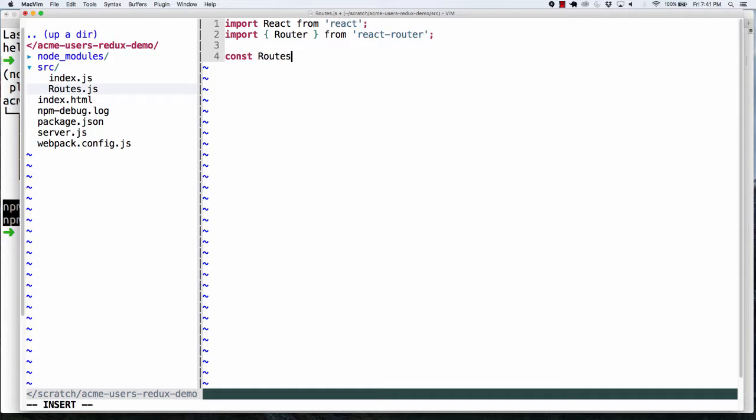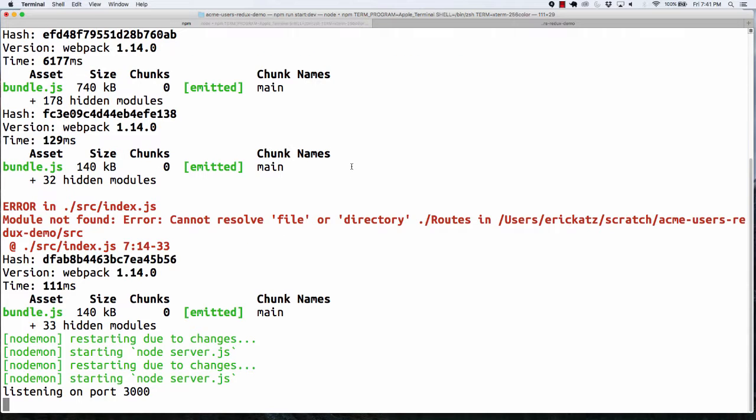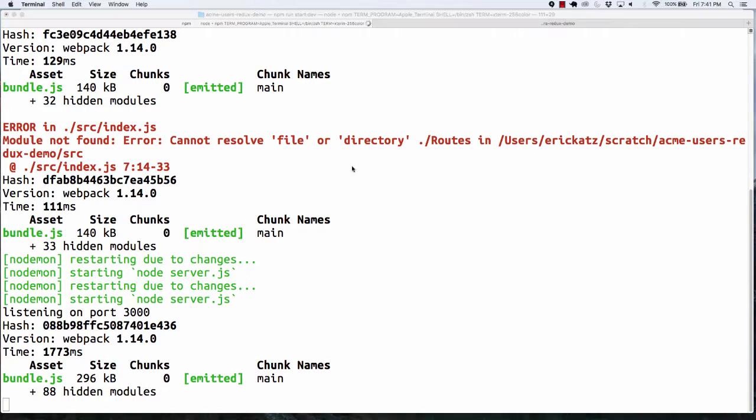And this is just going to basically be a function that returns some JSX, because that's basically what we are going to be mounting onto our root. And if we just went over here and said router, right, we've brought the router in from React Router, and we could say export default routes. This should end up building. And if we go over here, we try to run it,